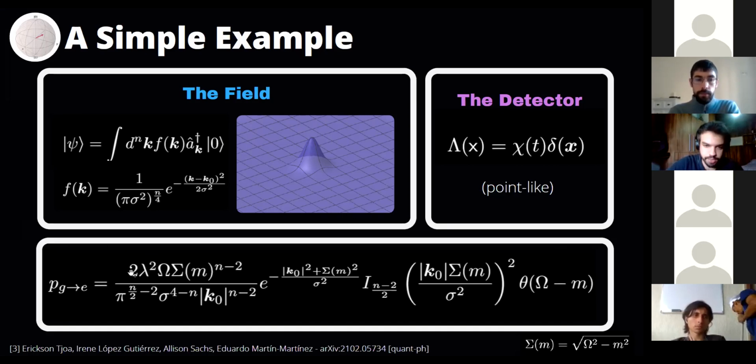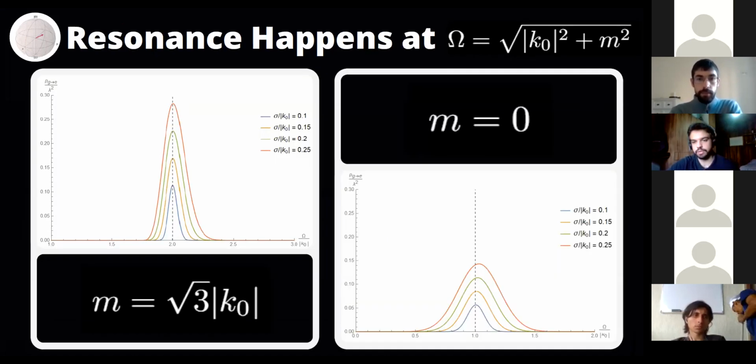But this is the excitation probability, and I have plotted it here in 3D for 2 different values of masses and various values of sigma. First of all, we see resonance now not at omega equals k0, but at omega equals the average energy of the particle, which is not only k0 in this case. It's the square root of k0 squared plus m squared, right? The relativistic energy of the average energy of the wave packet. And here's the plot for the mass equals 0. So this plot is exactly like